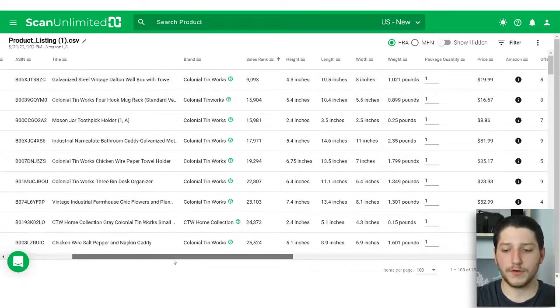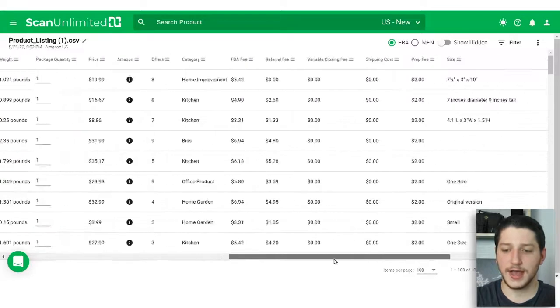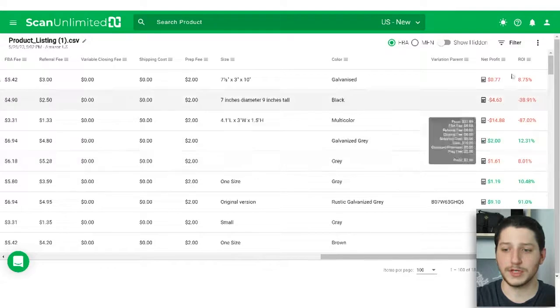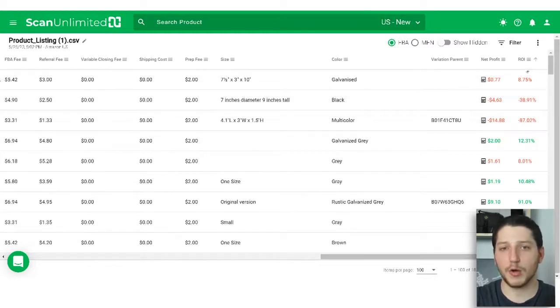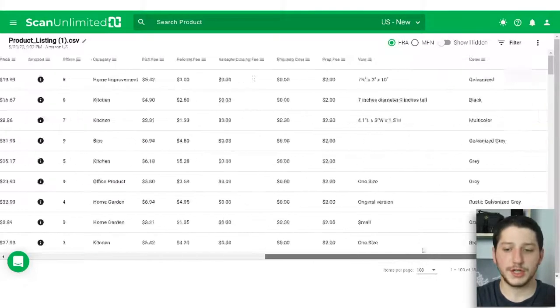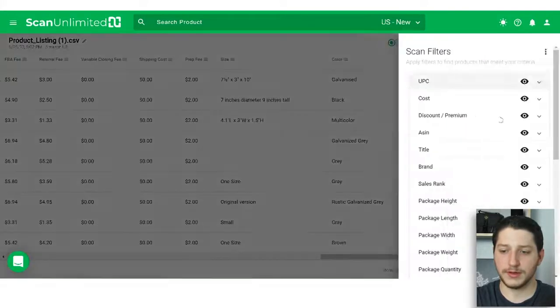But scrolling over further to the side, you'll see that we actually have the more crucial information, which is the net profit for this item based off of the cost that we had on our sheet and the price that it's selling for on Amazon, as well as our fees, and what is the ROI that we will be making. So with the sheet, we can actually filter through it, and we're going to go ahead and